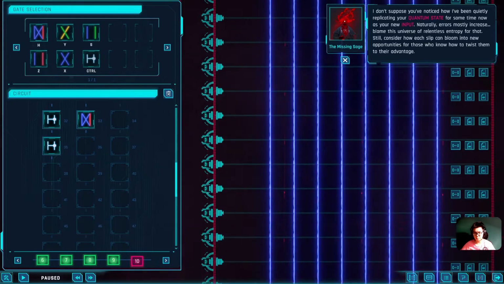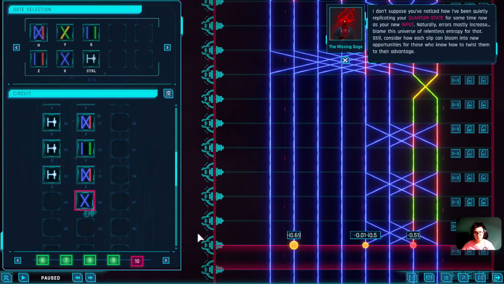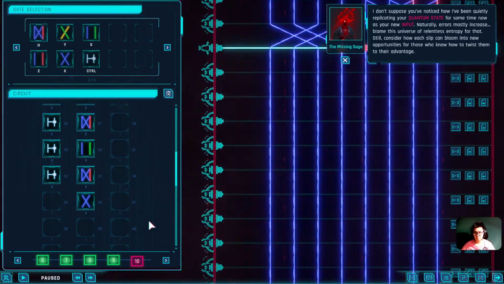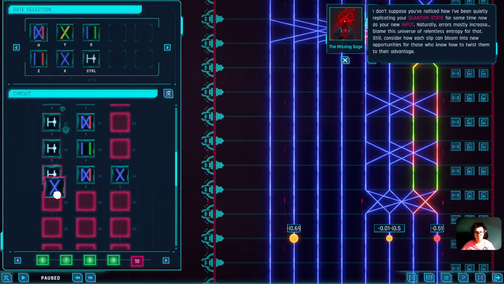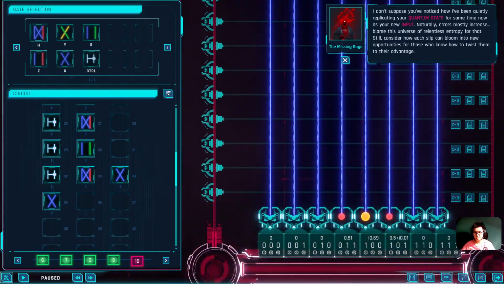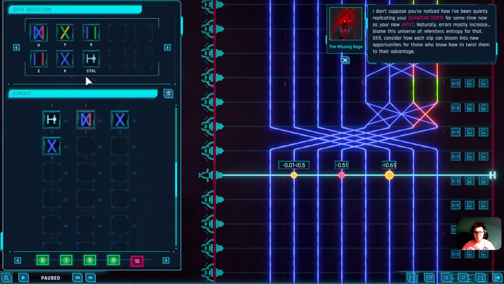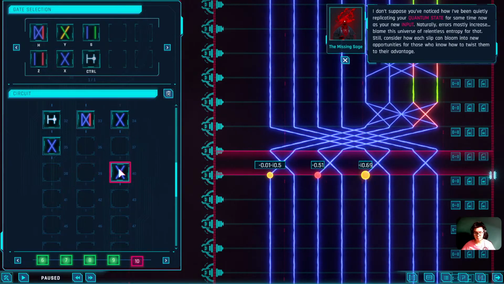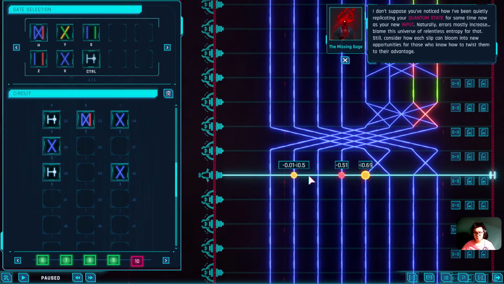So 0.51 would then be moved with an X. We then X 2 halves. Okay. We do the entangling, so now we put the 69 to the right. So CX. So now the one